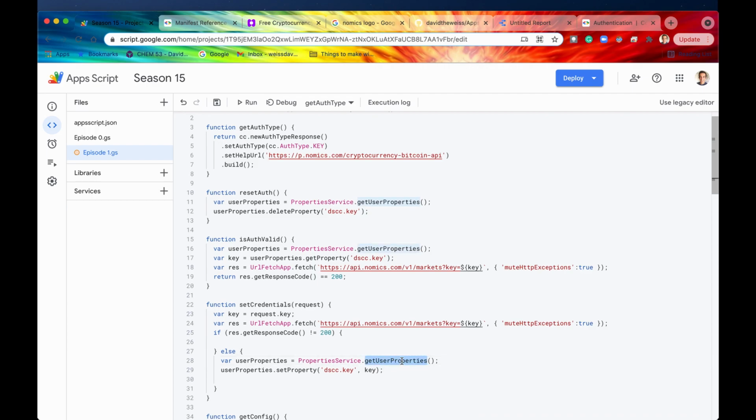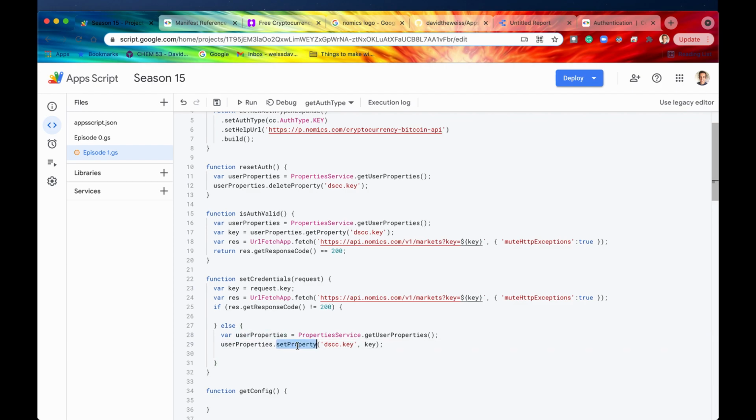So again, we're going to set that key as a property, and then we need a way of telling Data Studio that yes, that was stored correctly, or no, that wasn't. If this response comes back with, say, a 404, we need a way of telling Data Studio that we did not successfully set those credentials. So the way to do that is, again, we need to build out